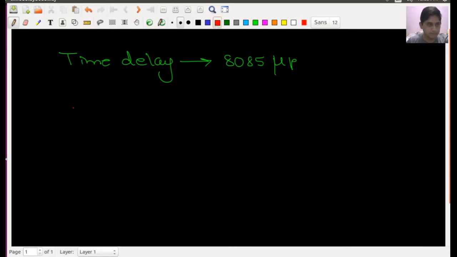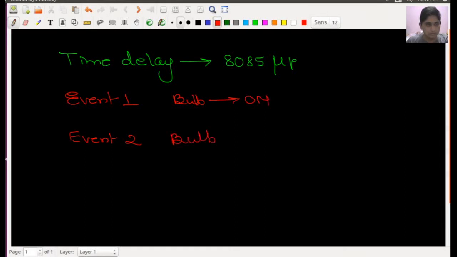For example, if I have one event, I am calling this event 1 and I am calling the other event 2. I have two different events. Suppose I have a bulb, and event 1 says this bulb should be on, and event 2 says this bulb should be off.